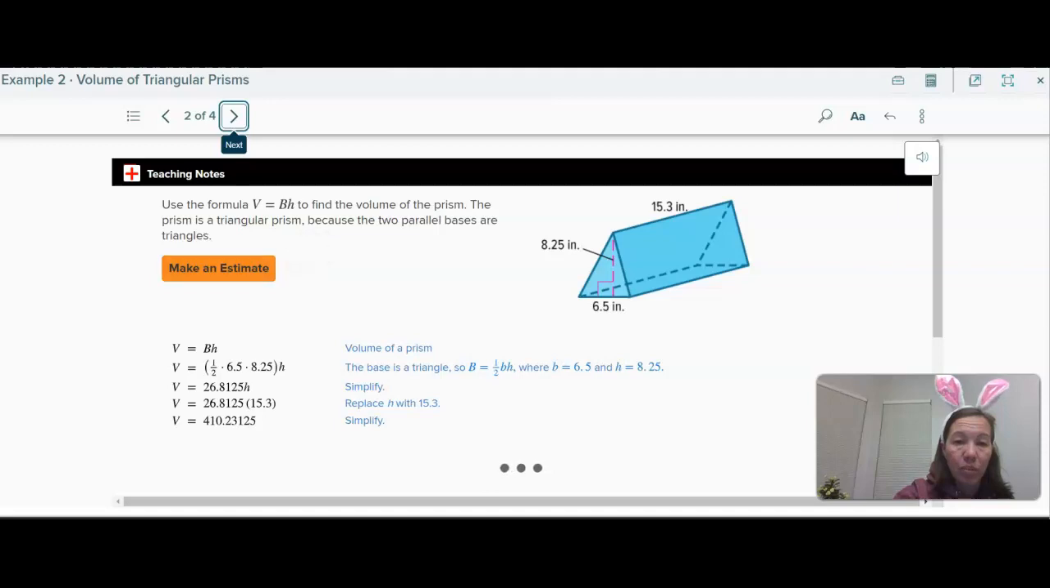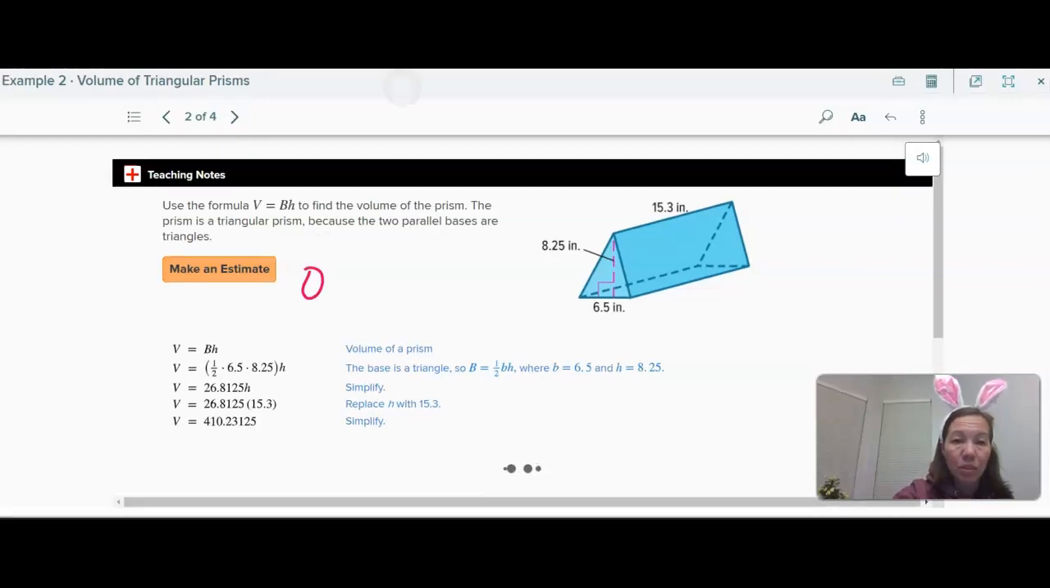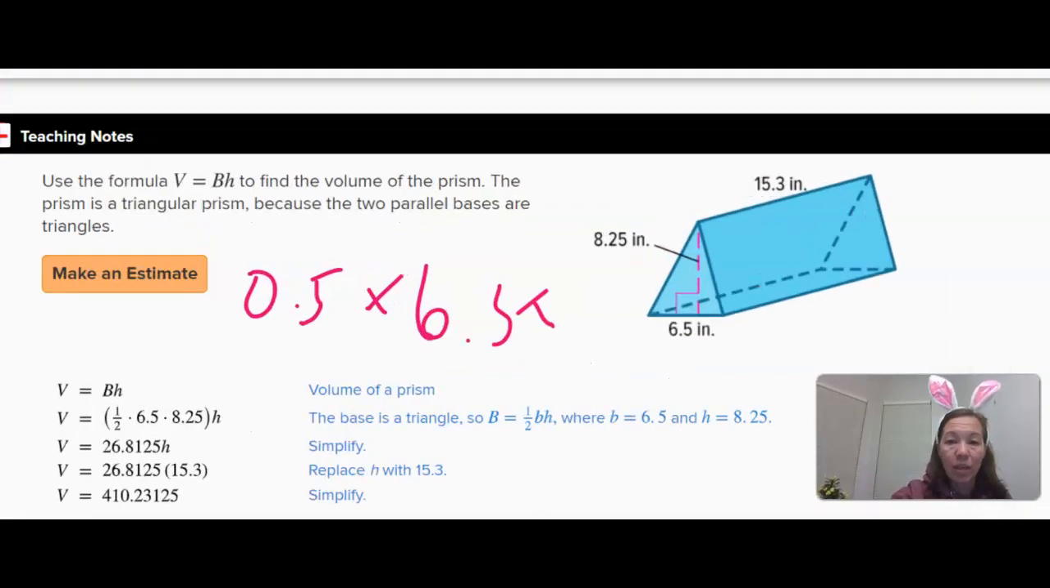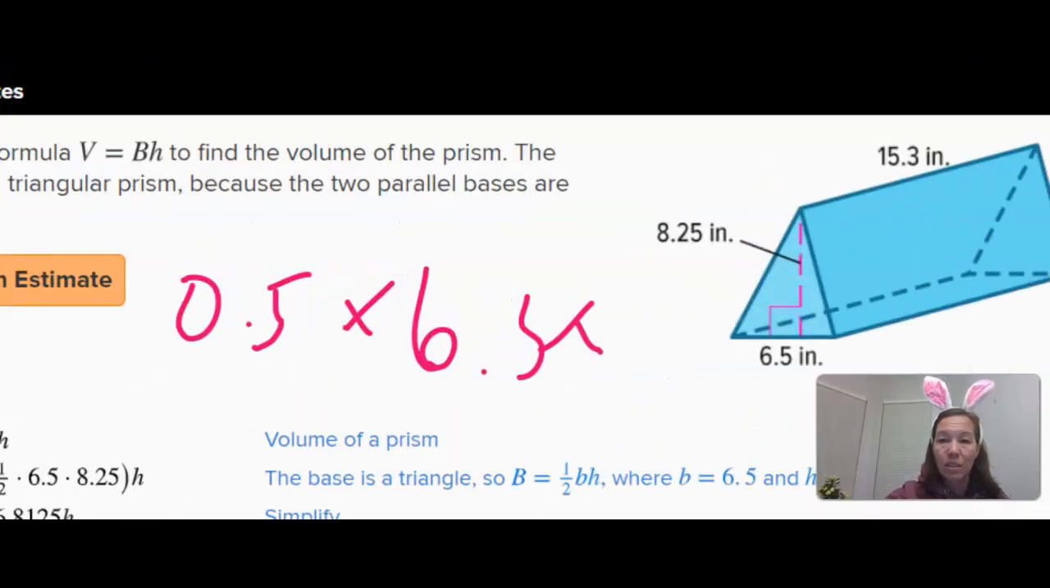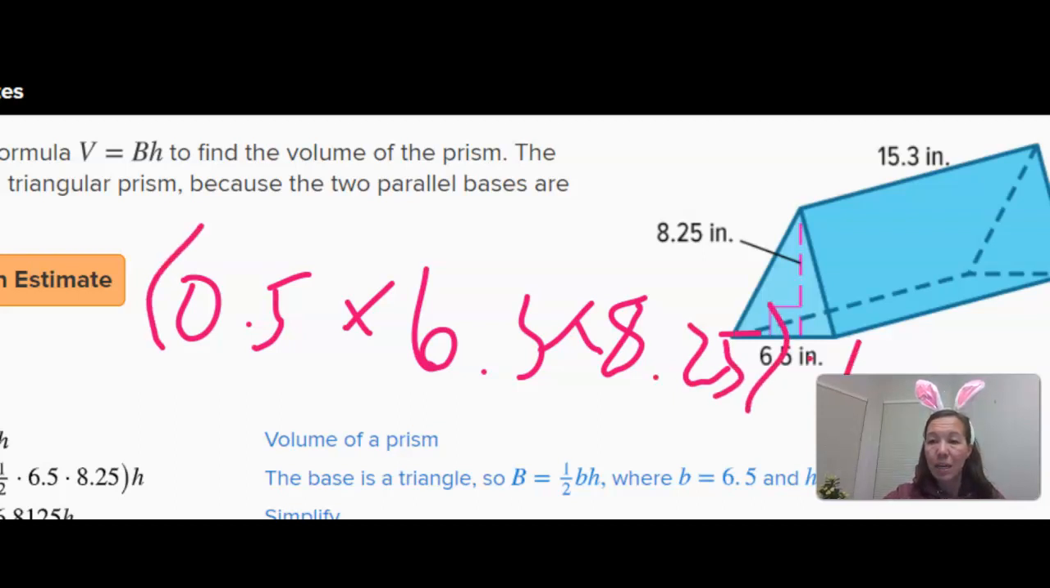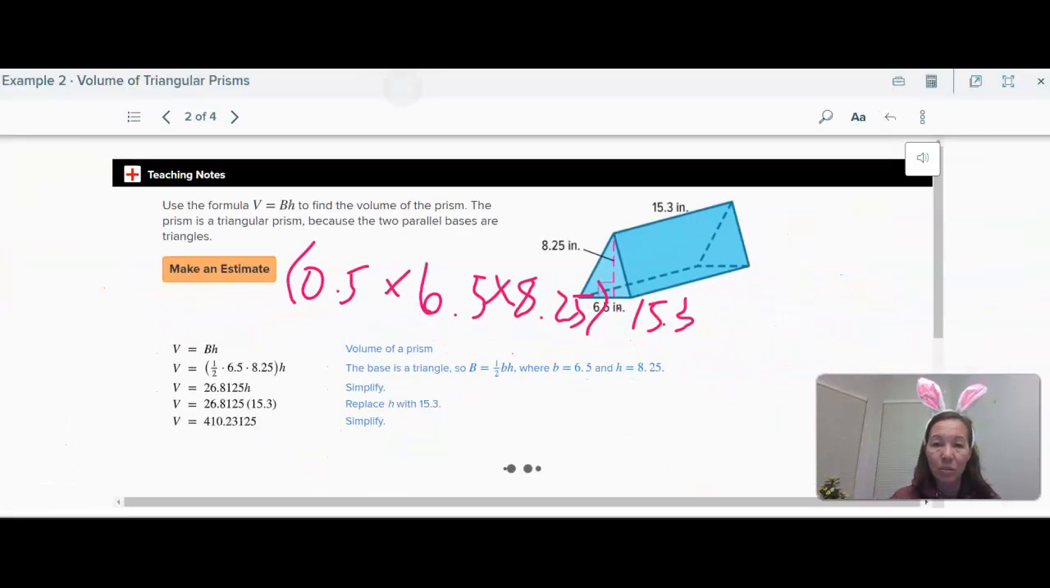1/2, I'm going to make it 0.5 times the base times 8.25. This is the area of the triangle, and then times the height of the prism. So if you can make sense of my chicken scratch here. So if we multiply all of these together, and reset that zoom, if you multiply all of these together, then you get